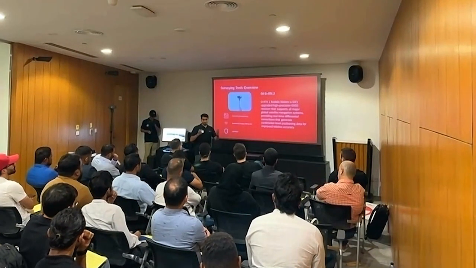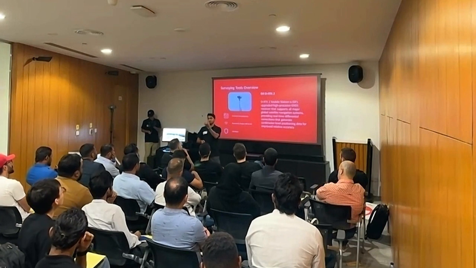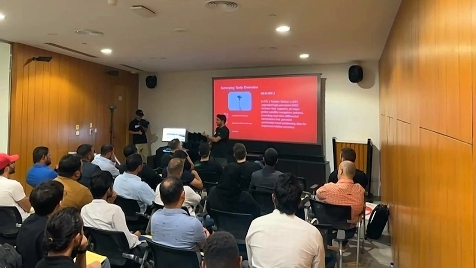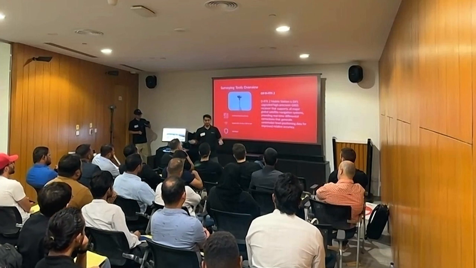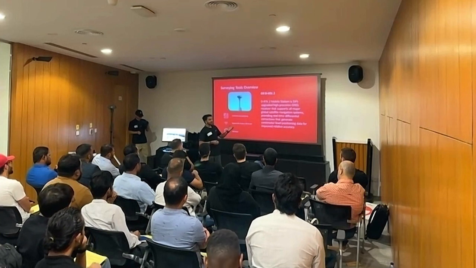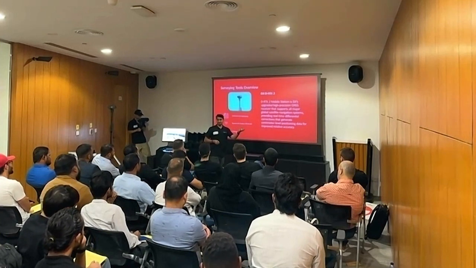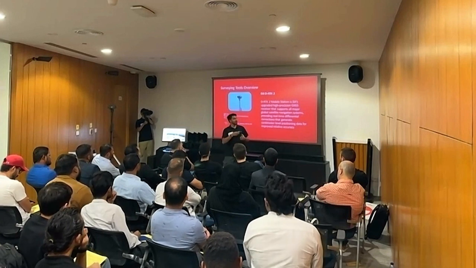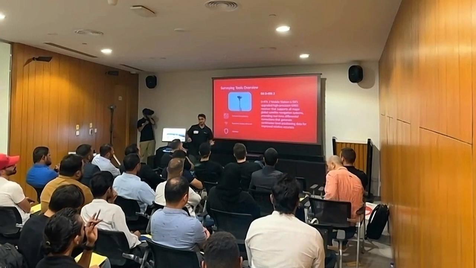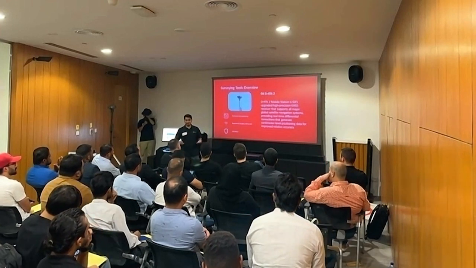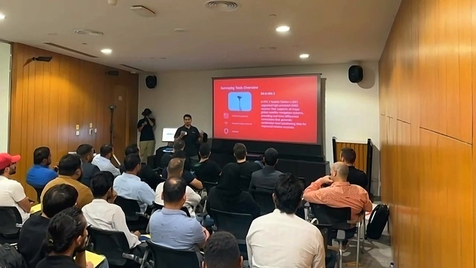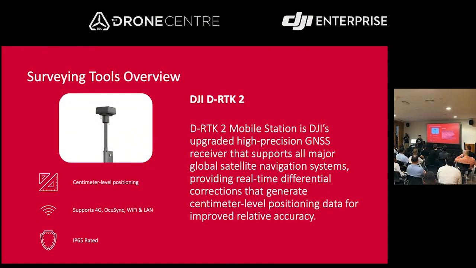So, the DJI ecosystem: let me speak about the Mavic 3 Enterprise and the D-RTK. When you are using the Mavic 3 Enterprise with the D-RTK, you can expect worry-free centimeter-level accuracy. Same goes for the Matrice 350 with the P1 and L1. When you are using the D-RTK base station with the drone, you can expect centimeter-level accuracy with confidence, which you can justify to your client. So you are enabling drone operation in less time and with more accurate results compared to the